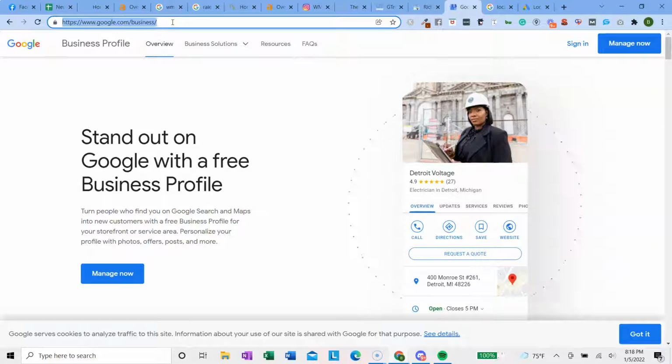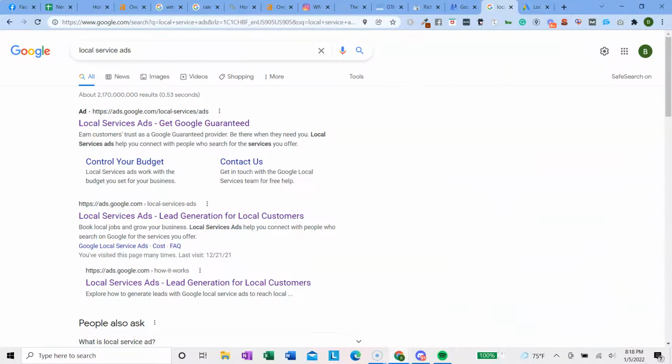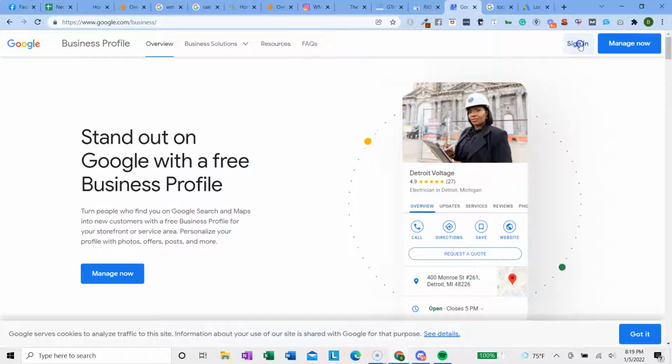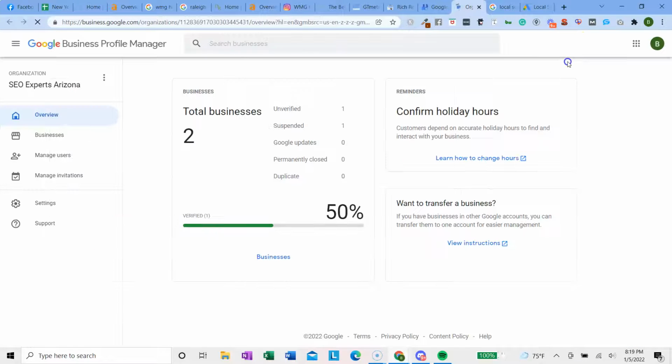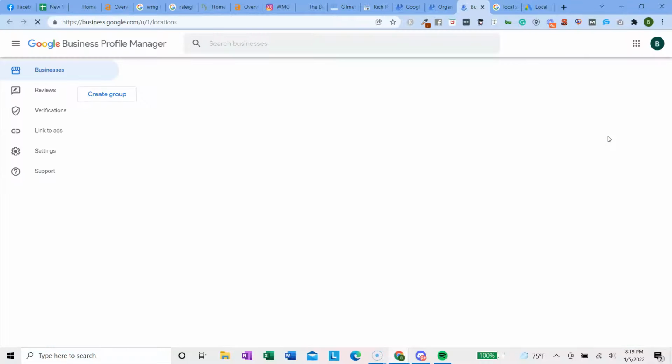So you're going to want to go here, google.com/business. I'll send that to you right now. And fill out all the information on this. So you just go sign in. You're going to want to sign in and create your own business. I have a lot of different GMBs, but once